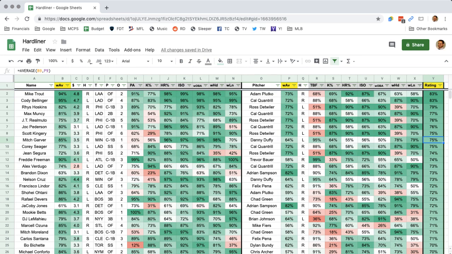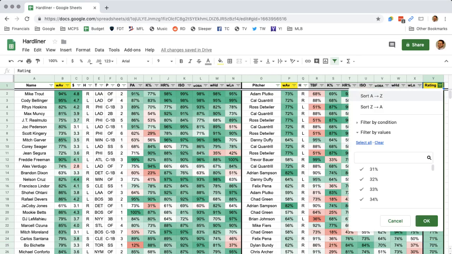However, yes, they're higher than a lot of these other guys, but that doesn't mean that these other guys don't have good matchups. If we drop down to Michael Conforto and Bo Bichette, they're 70th percentile rating. So they're better than 70% of other guys, and that's pretty damn good. So just keep that in mind.